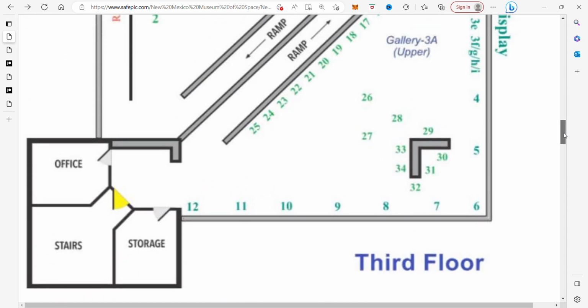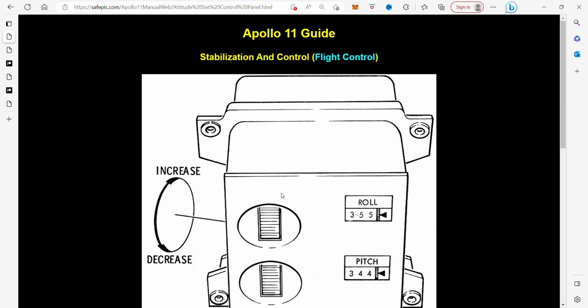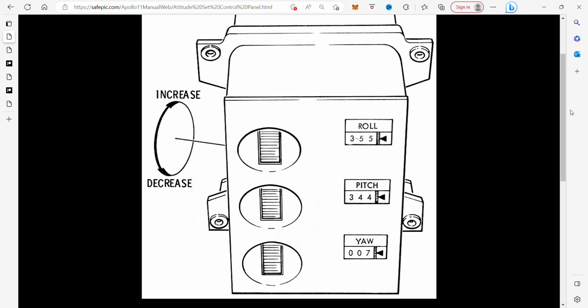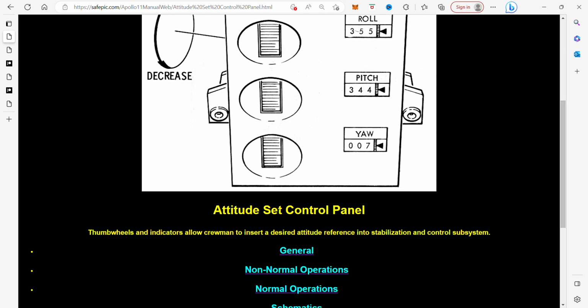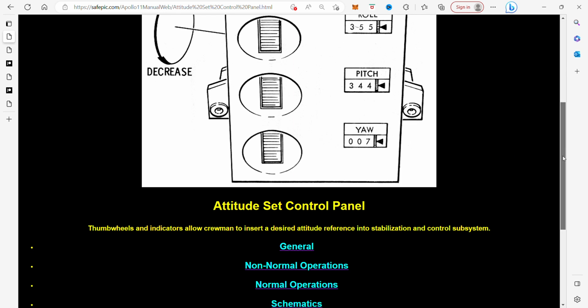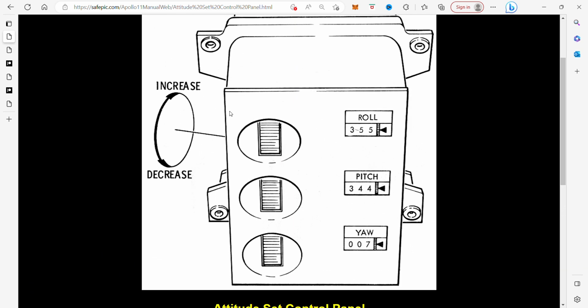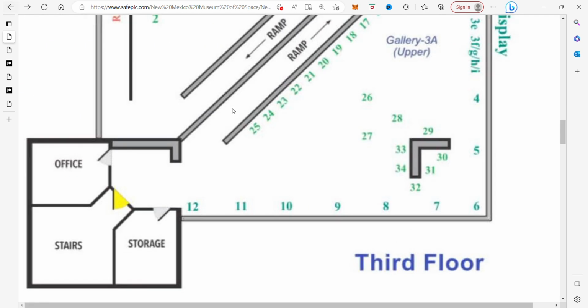So we just did the transition controller. The next thing we're going to do is the attitude set control panel. When you click on that, it takes you to that device, to the panel, to the component of the Apollo spacecraft. Tells you what it is, what it does, and then basic stuff about it, general, non-normal, schematics. Then the next level is